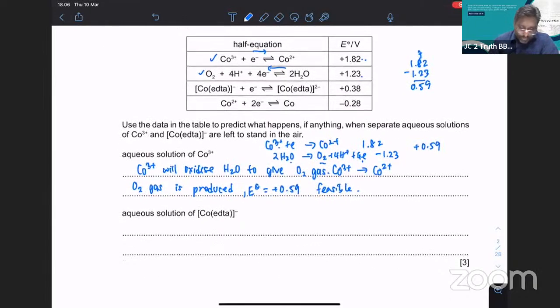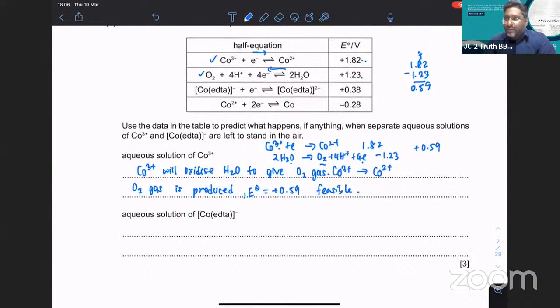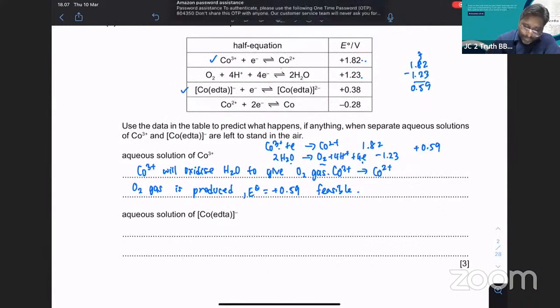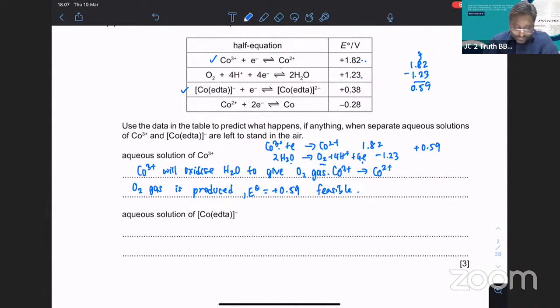Now, let's say you are using the aqueous solution of cobalt EDTA. If you are using that, what will happen? If I have this, and I am going to use cobalt 3 plus, I'll erase this part first. Now, if I use an aqueous solution of cobalt 3 plus, you know that cobalt 3 plus, if you compare between these two,